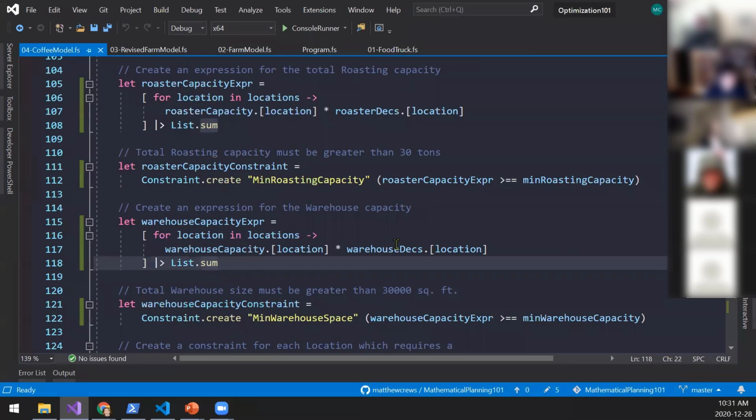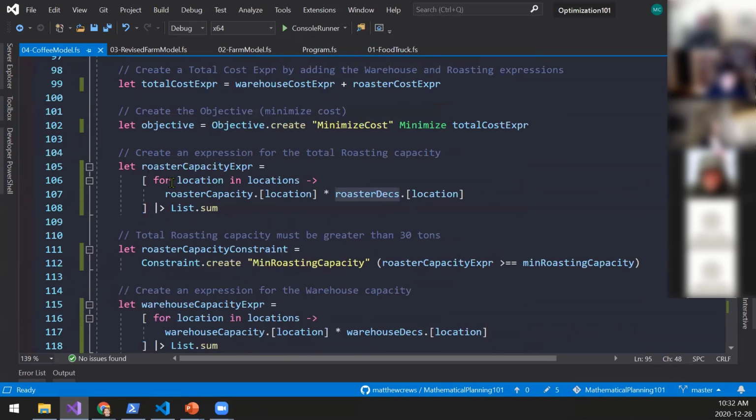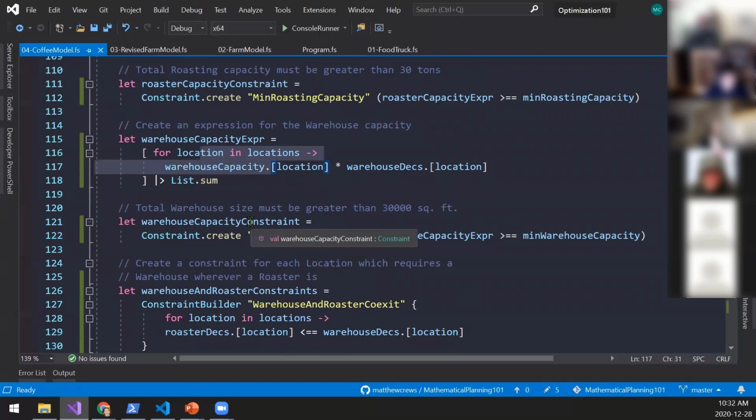Yeah. So you remember how I mentioned we're going to keep adding layers, keep adding features. We are writing this a lot. This for location and locations, blah, blah, blah. For location, locations, blah, blah, blah. This is getting cumbersome. I'm getting annoyed and I'm lazy. I don't want to have to write so much.